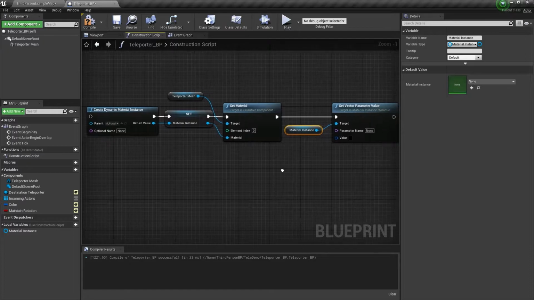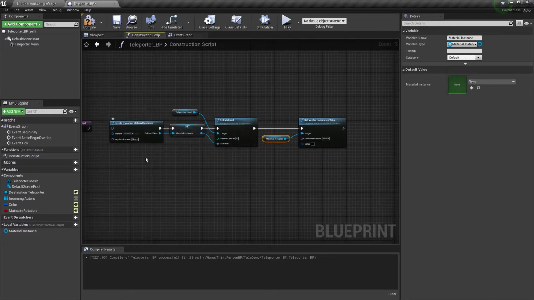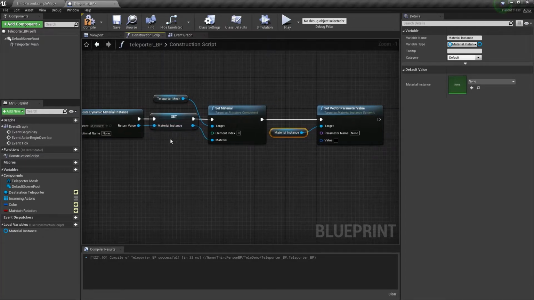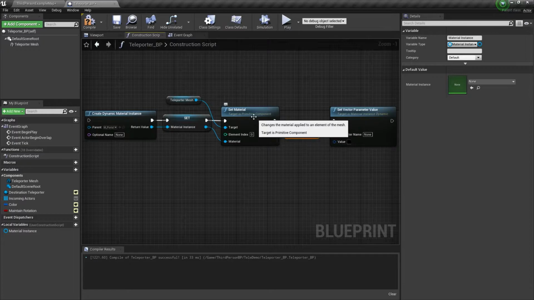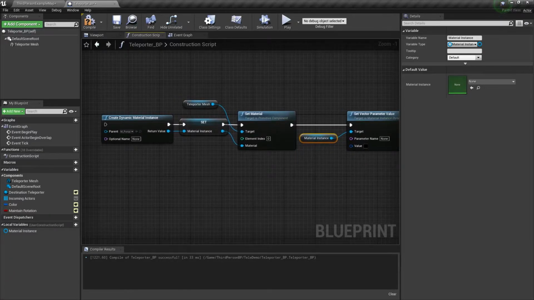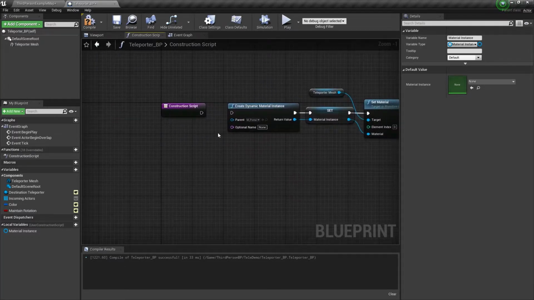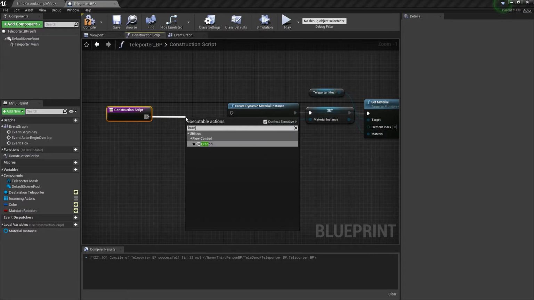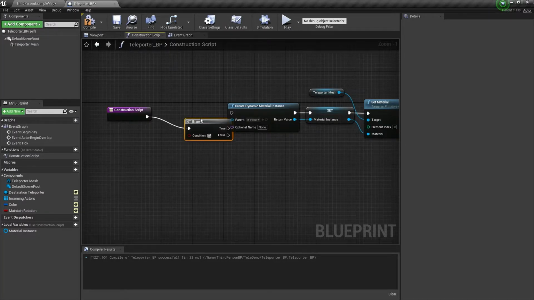Awesome. Okay, so here's where we're at so far. We've got dynamic material instance with a variable to set the material instance, and basically what this is doing is it'll set the material of the teleporter mesh to whatever dynamic material instance we create. So we got to do one or two more things in here yet. Yes, we do. Okay, so we're going to go back to the beginning here, drag this back, and we're going to add in a branch. So we got our branch node,